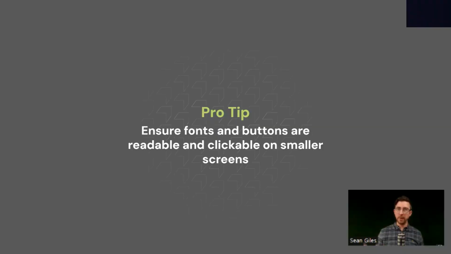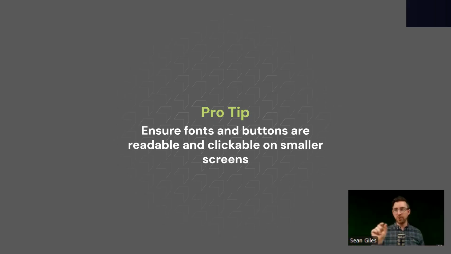And a little pro tip here is to ensure that all fonts and buttons are readable and clickable on smaller screens. One thing that quite often can be missed is that on a desktop, you might set the font size to something like 16 pixels, but as you reduce down onto a mobile, it stays at 16 pixels, which might be quite small on a mobile. So think about how you can increase that size on the different screen sizes,